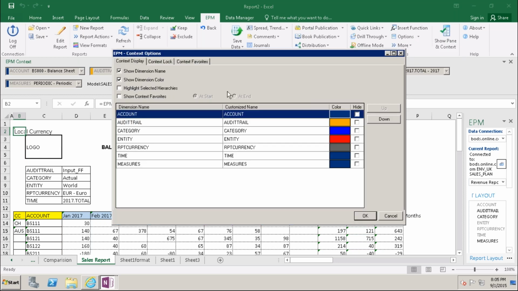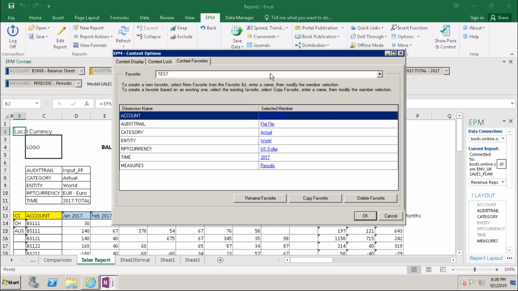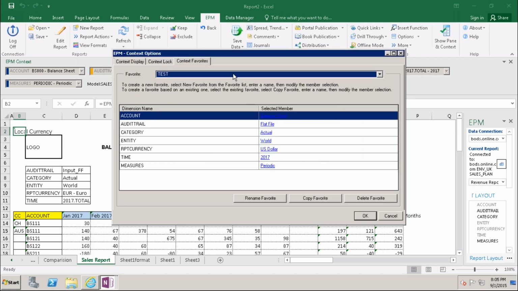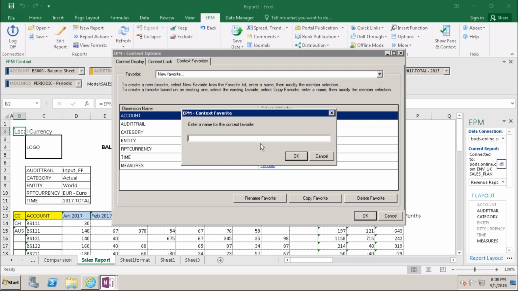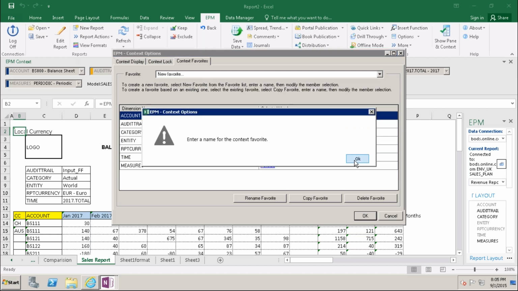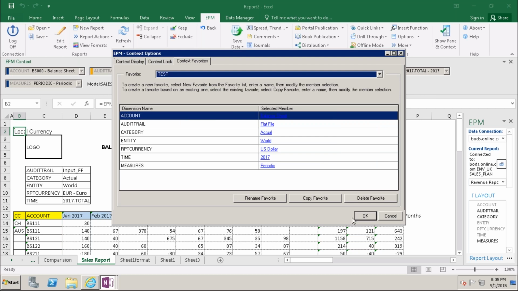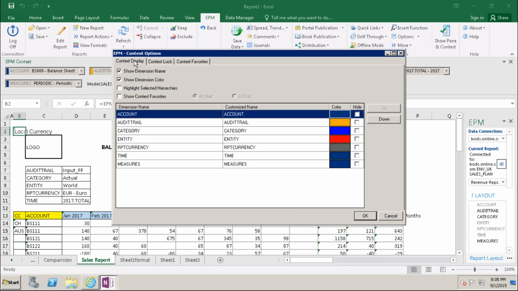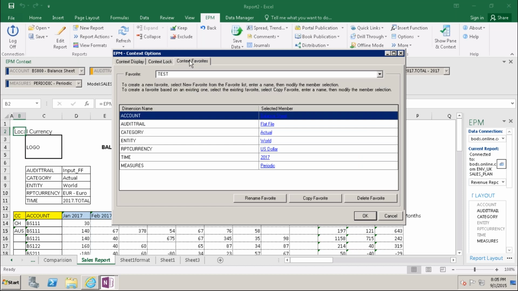In the context favorites, new favorite, US dollars, context lock, context display, everything will be here.